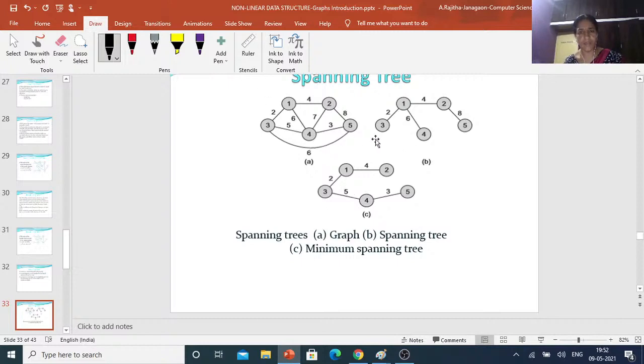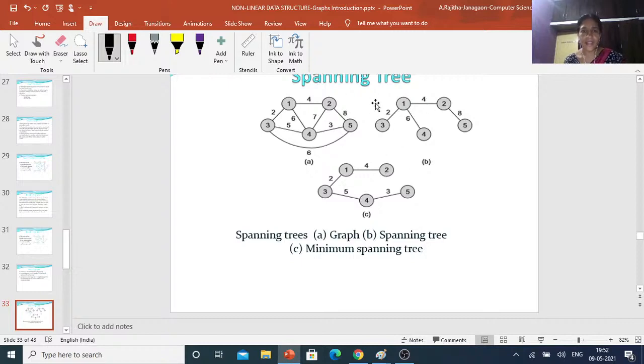So this is the graph, this is the spanning tree and this is also a spanning tree. Suppose you can observe here 1, 2, 3, 4, 5. So here also 5 vertices and coming to the edges, they are less. So edges are a subset of this one and vertices are equal to this one. So that type of graphs are called spanning trees. So what is the minimum? Suppose if the weights are given, by finding this one, this is one spanning tree, this is one spanning tree. So that whose sum is minimum, that is a minimum spanning tree.